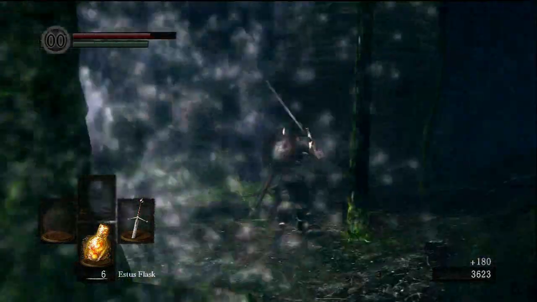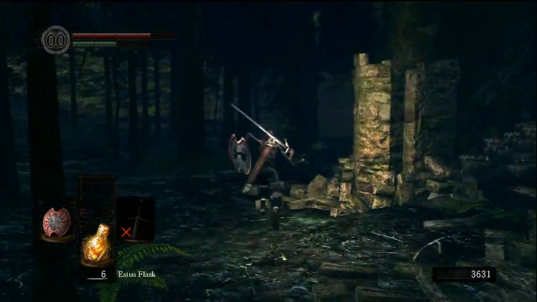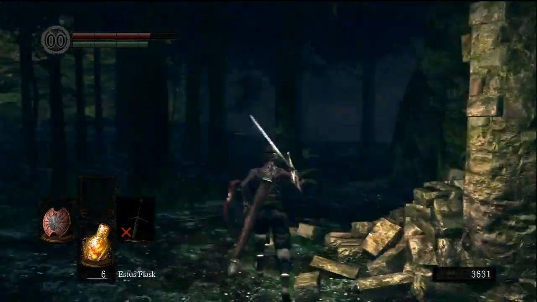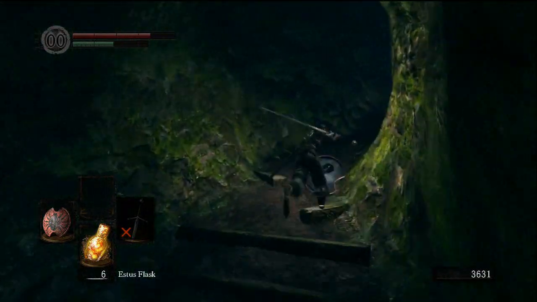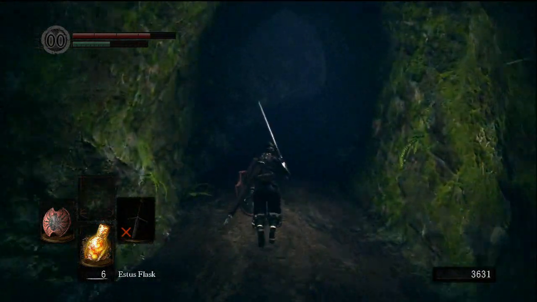Alright, now let's go get the wolf ring. It's actually quite easy. All you gotta do is run over here. I think there's a soul of a proud knight you can grab over there if you want to go get that, but I don't want to get it. There's like a whole bunch of enemies that are gonna come after us, and they might kill me, so...